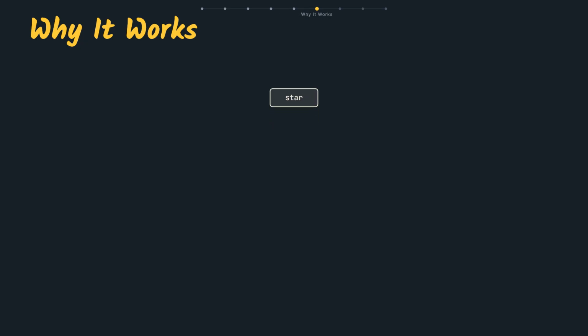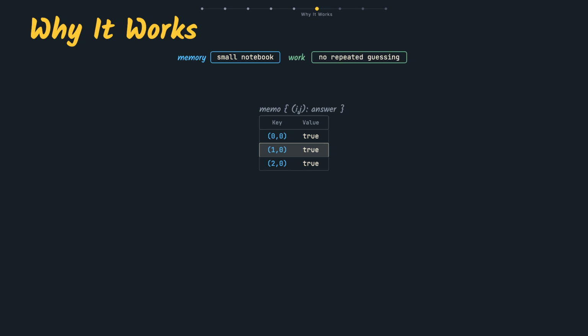Step back, notice what rescued us. At every star, we never guessed a count. We only asked 0, or 1 and stay. And the notebook meant each position pair got solved exactly once. No backing up, no redoing the same spot, ever. That's the trade. We spent a little memory on the notebook, and in return erased a whole mountain of repeated